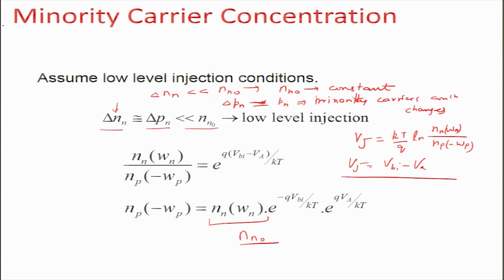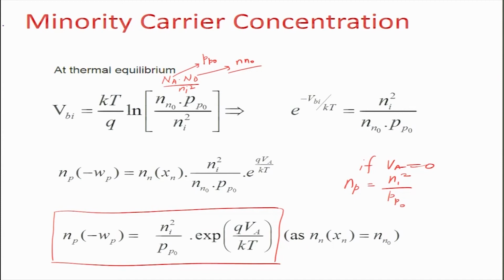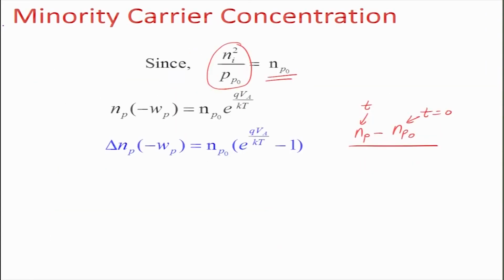Junction potential can be obtained from the balance between drift current and diffusion current, and applying the Einstein relation, you get an expression for minority carrier concentration in terms of applied bias, and you can do this for both electrons and holes. So if you do it for both, we get Np at minus Wp for electrons, and similarly you can get it for holes